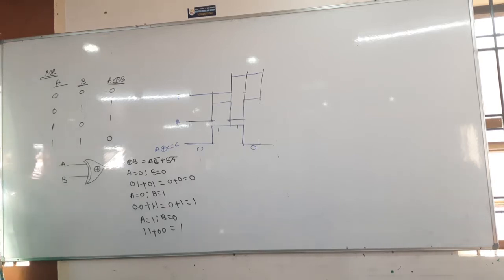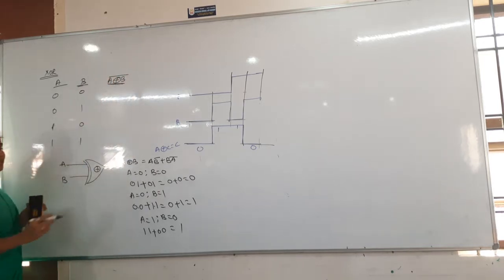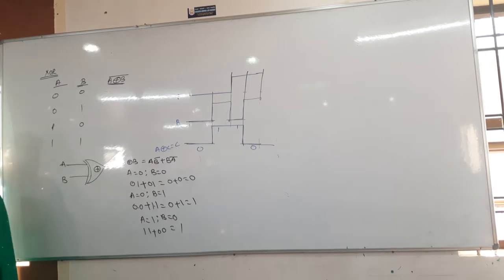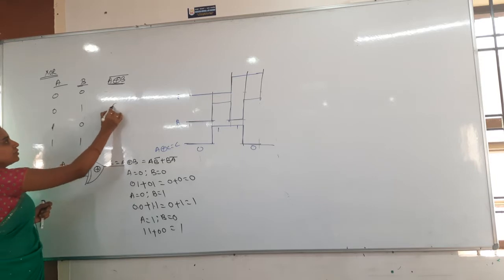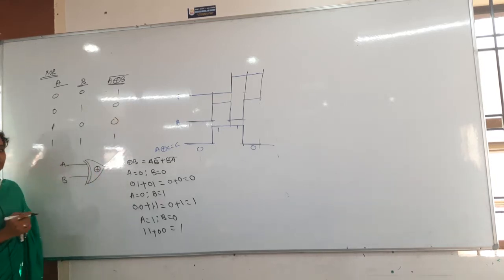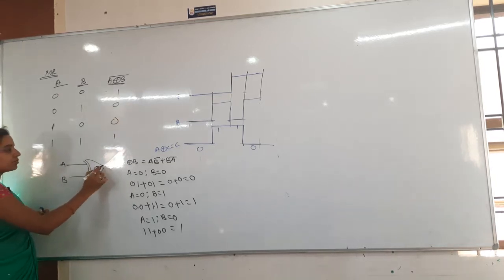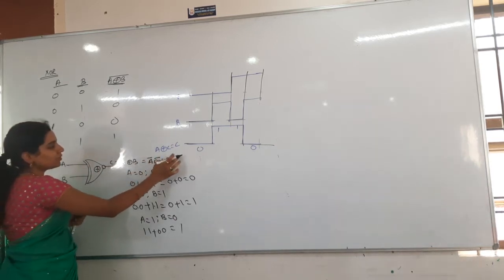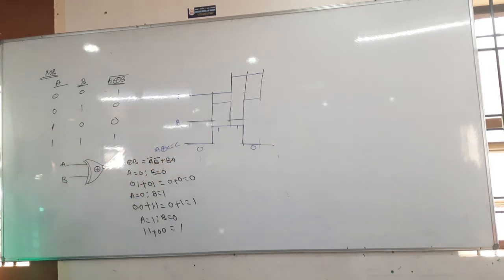Drawn the same? Yes. Next, the XNOR gate. It is just complementary to that. In the XOR, whenever different inputs are there, the output is maximum. Now, when different inputs are there, the output is minimum. So here 0, 0, 1, 1 we will get. Then the Boolean expression for that is A bar B bar plus AB. That is the Boolean expression.